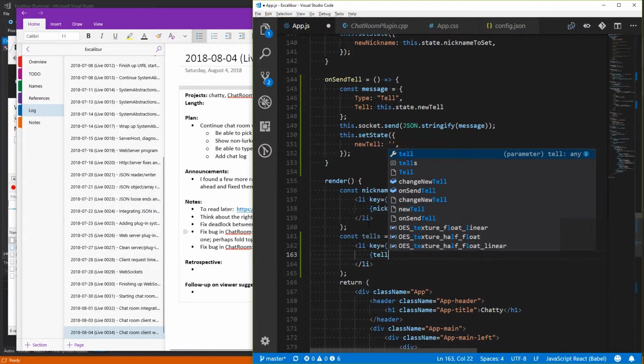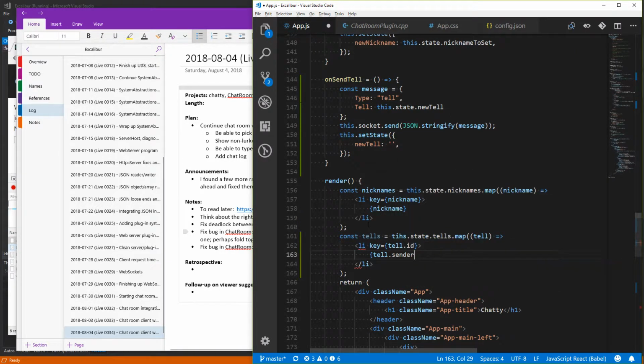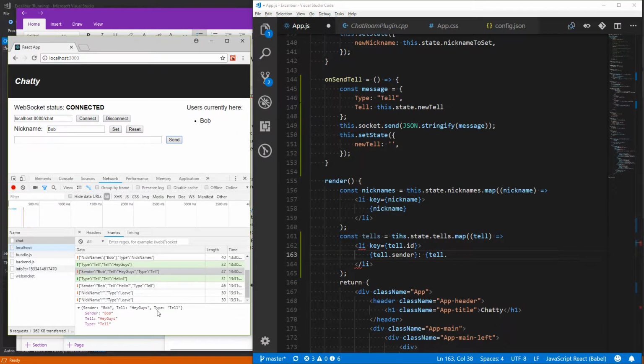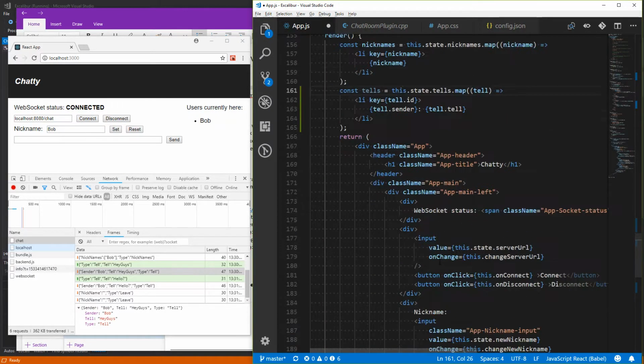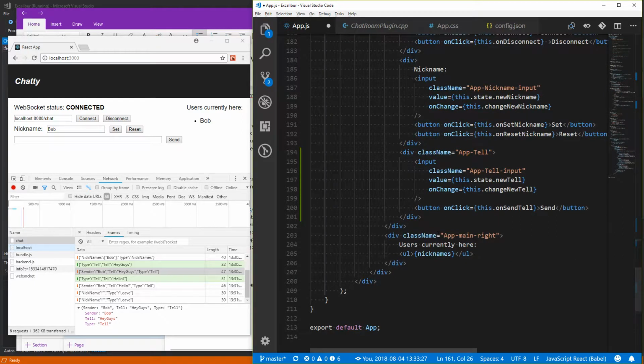So we'll say tell dot sender, tell dot, is it just tell? Yeah. Tell dot tell. Fix that. Right, it's never read. It's trying to be helpful. So it'll be,